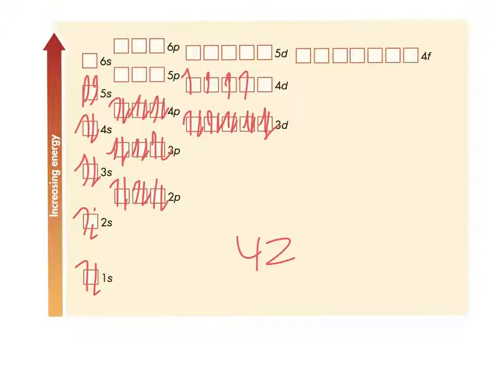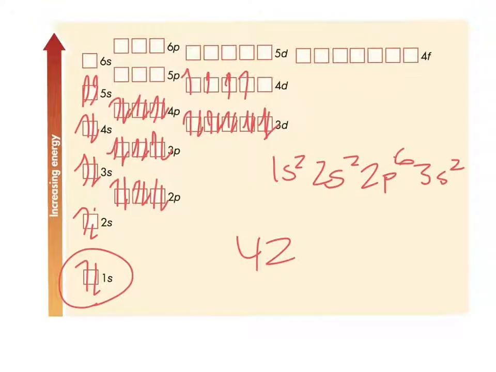So, as you can see here, if we were to write it out like this, molybdenum would be equal to 1s squared, because there's 2 right here, 1s squared, 2s squared, 2p to the power of 6, 3s squared, 3p to the power of 6, 4s squared, 3d to the power of 10,